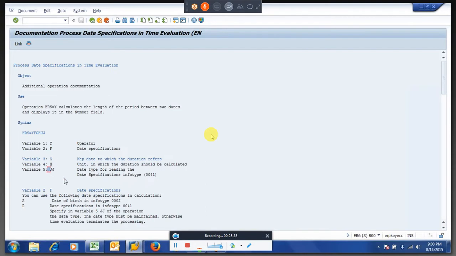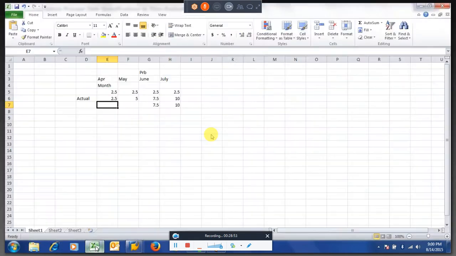See, here you have to think a bit about what HRS is equal to Y. So here is the example. What is Y? What is G? What is H? Let us say we already defined it as HRS is equal to Y, because we are going to calculate the differences.